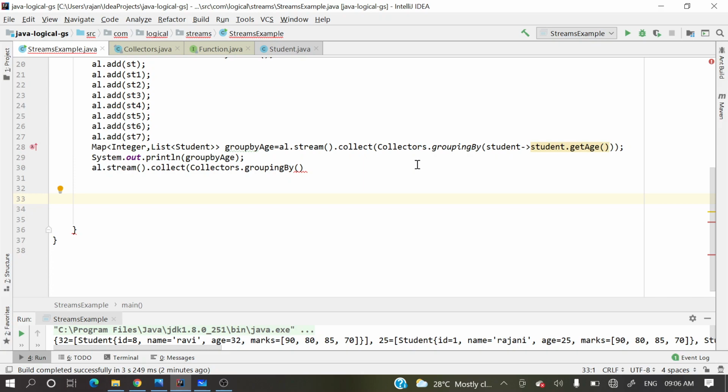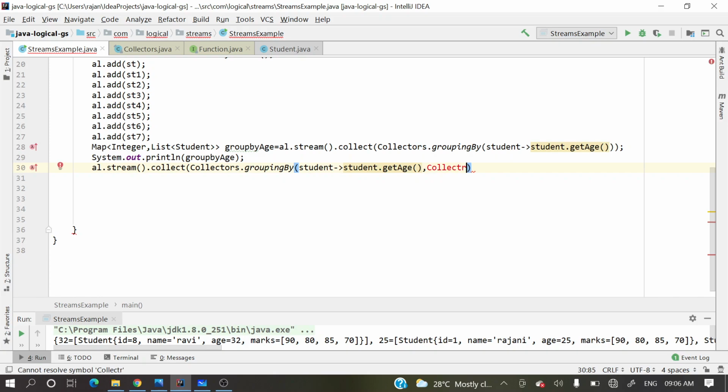Let me copy this. So this will group by age, and in the previous one, by default those grouped students were put into one list. Suppose I do not want a list, I want them in a set, so we can perform one reduction operation.